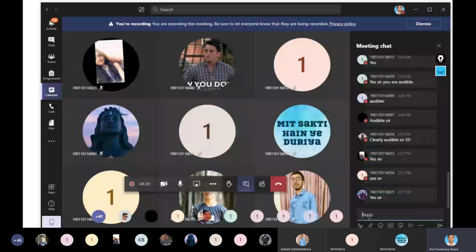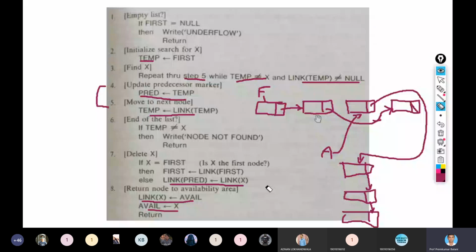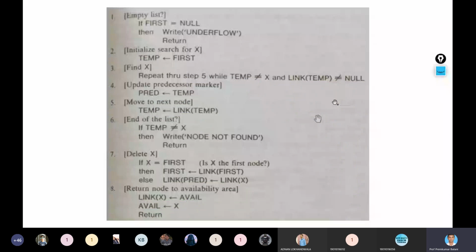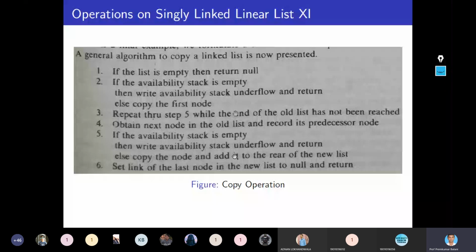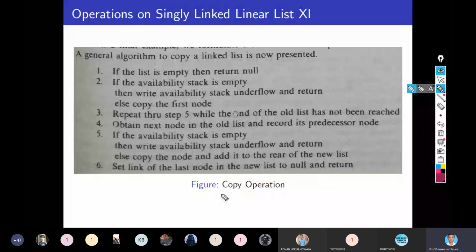Okay, then thank you. So let's go back to my algorithm ADT. The next operation is the copy operation, right?